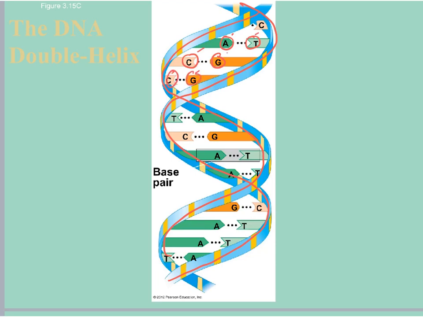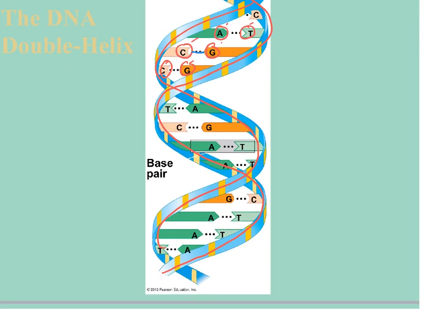And those nitrogenous bases create bonds with one another, like this. Adenine only binds with thymine, and C only binds with guanine. And what you get is this twisted ladder or this helix where the nitrogenous bases are going to bind